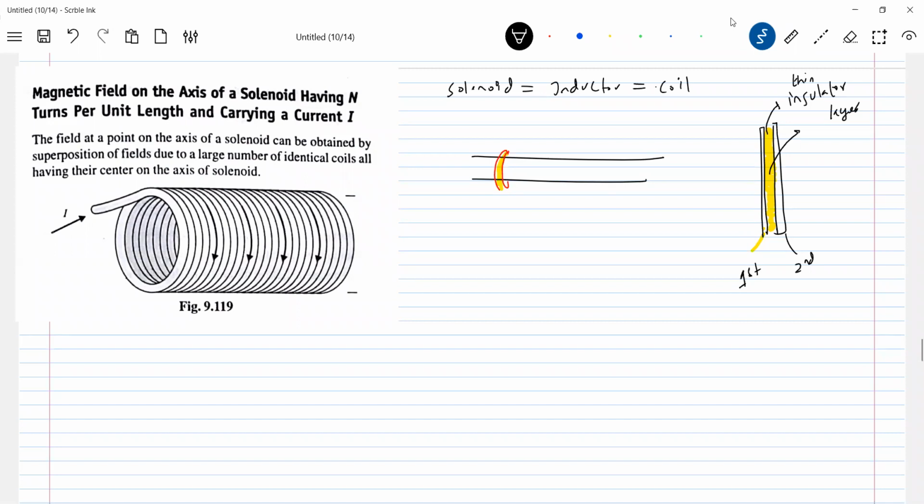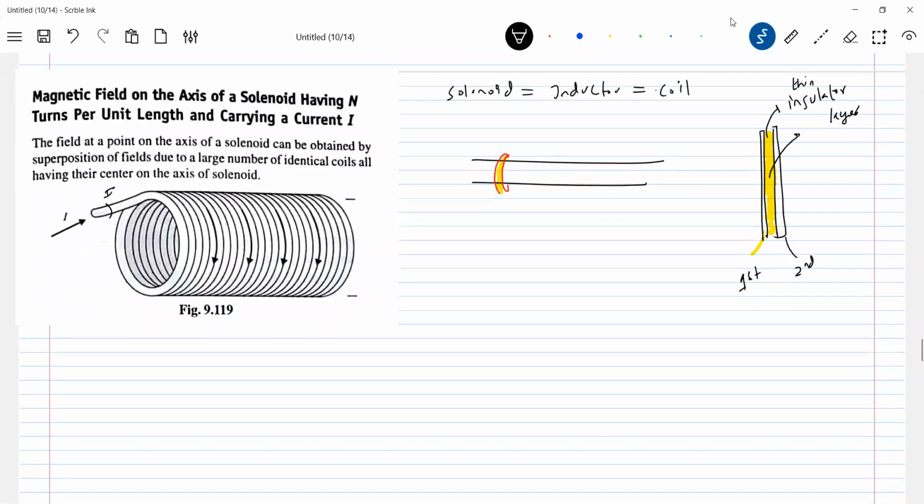So how to represent that? There's a 3D diagram. Current here will enter, and current can come either way, no? Either way. So they'll mention current clockwise or current entering the solenoid anti-clockwise, and based on that you are supposed to assume the diagram. Clear this. So then, how to represent a solenoid? This is about the physical diagram. Let it be there. It will be useful for you.